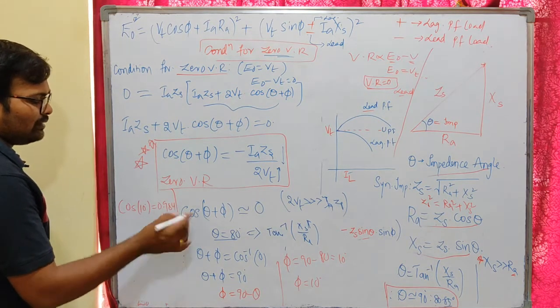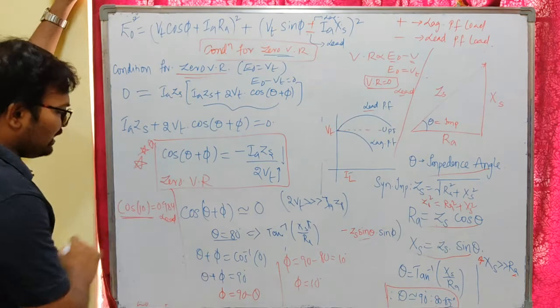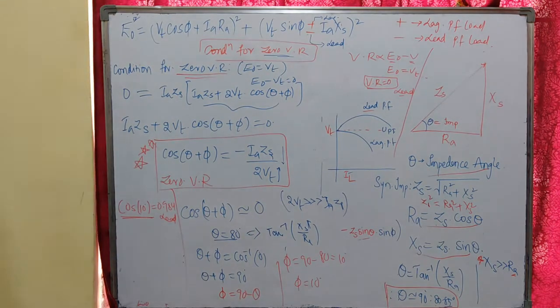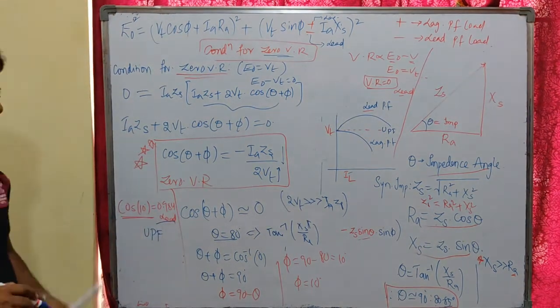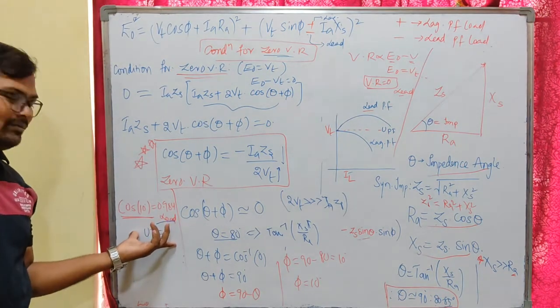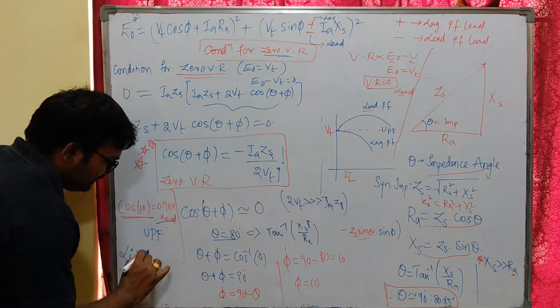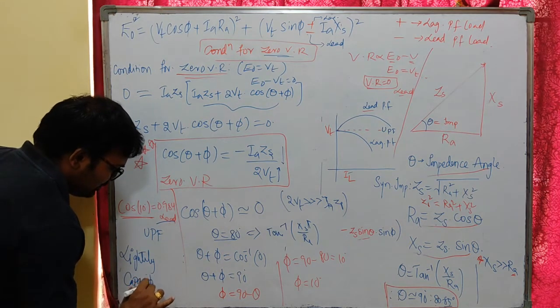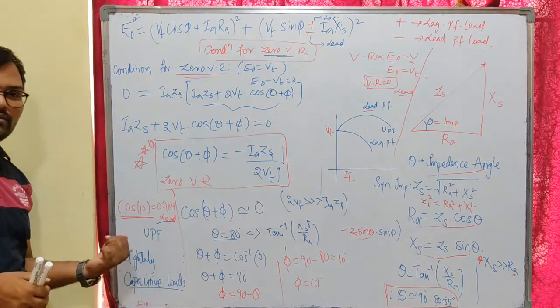Okay, leading power factor. That means the condition for zero voltage regulation is possible for a power factor of 0.984 leading. That means zero voltage regulation can be obtained for the leading power factors which are very close to the unity power factor. Okay, 0.984 is very close to unity power factor. That means zero voltage regulation is possible for the power factors which are leading and very near to unity power factor. Okay, that means very lightly capacitive loads. 0.984 is lightly capacitive loads. For lightly capacitive loads on our synchronous generator, the voltage regulation will be almost equal to 0. Okay, this is the condition.